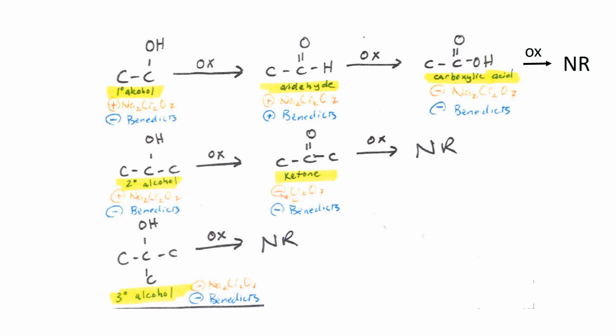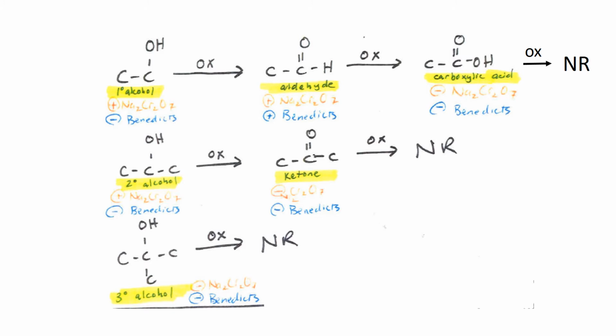You'll notice on the far left of this slide, I have an alcohol in the top row, an alcohol in the middle row, and an alcohol in the bottom row. I will start us out by helping you notice the difference between those three alcohols I have listed. We'll start up at the top. I've listed that as a primary alcohol. The number 1 with the little degree sign next to it, you would pronounce that primary.